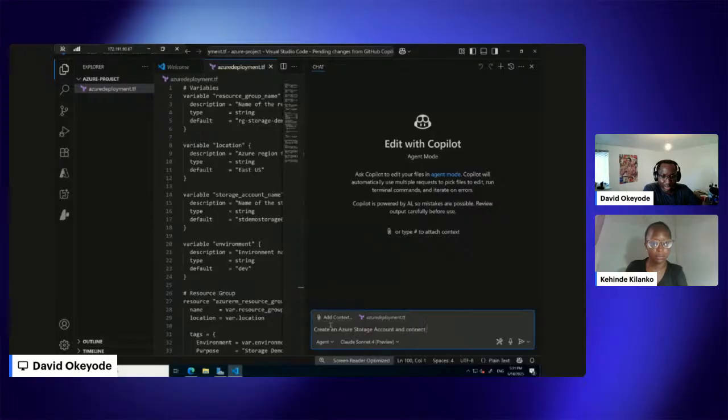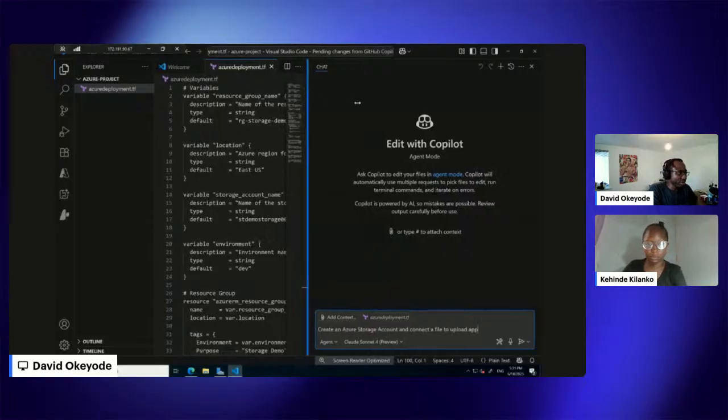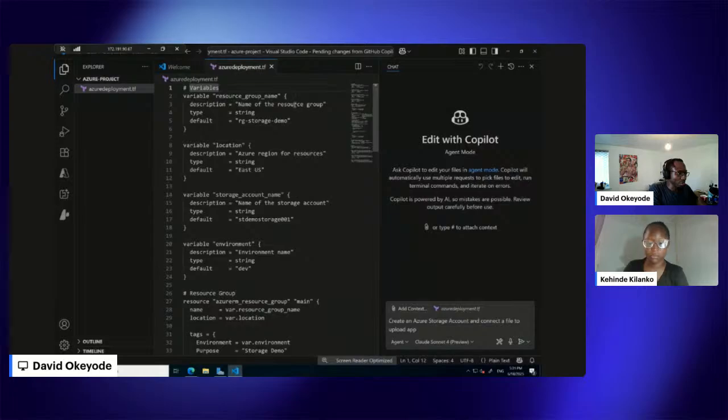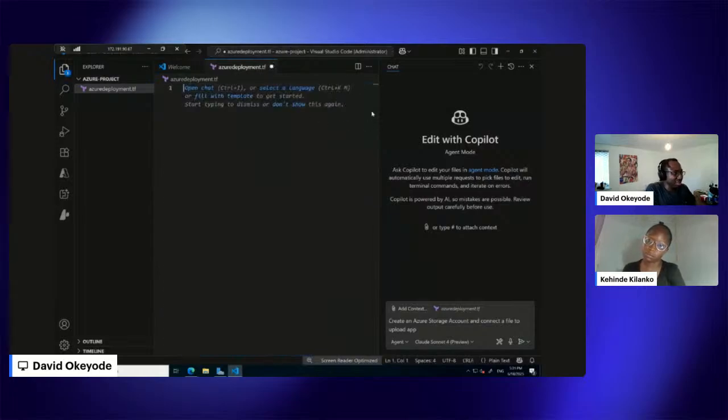And connect a file, connect to a file to upload app. So let's run that. And by the way, I'll just go ahead and undo this one. So this time it's going to just create something for me. So anyways, I'm not just asking it to make a simple edit. I'm asking it to create an Azure storage account, connect to a file, upload and connect it to a file that can upload